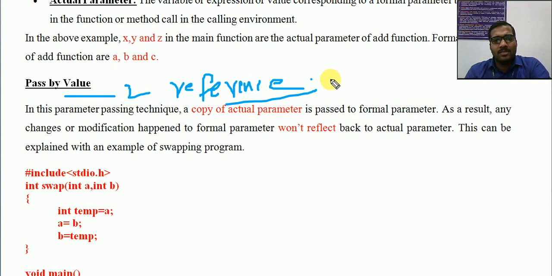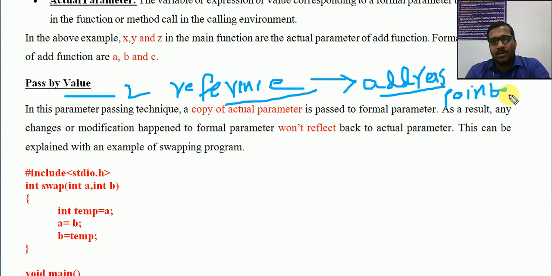Pass by reference is actually passing the address, only the address. Now passing the address or dealing with addresses is done by using a concept called pointers. So normally pass by reference is done with the help of pointers, and for passing arrays, we use the pointer concept by specifying the name of the array. Later we will see how we can pass an array as an argument. All these will be discussed later.